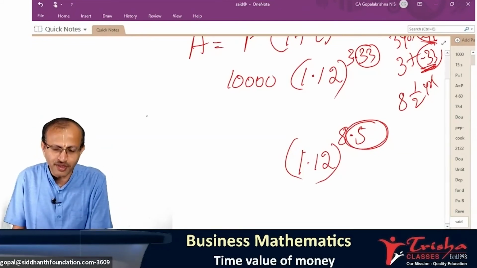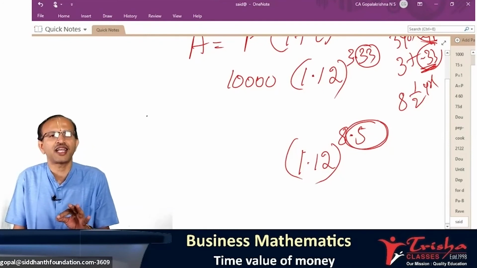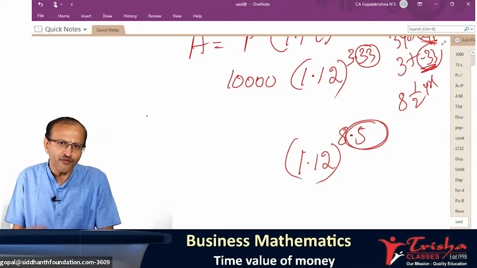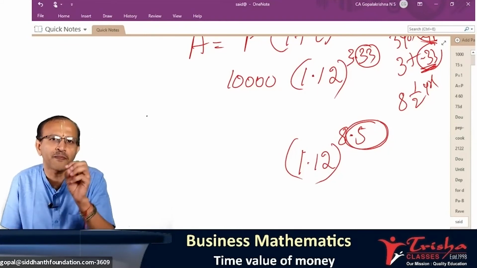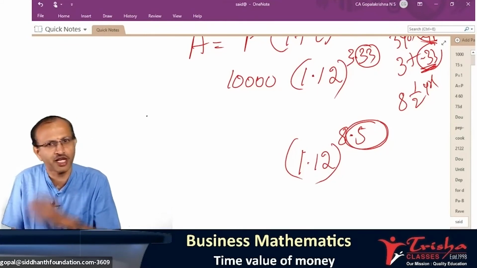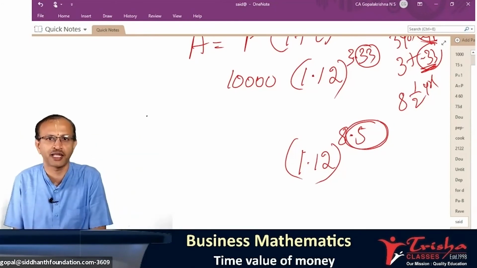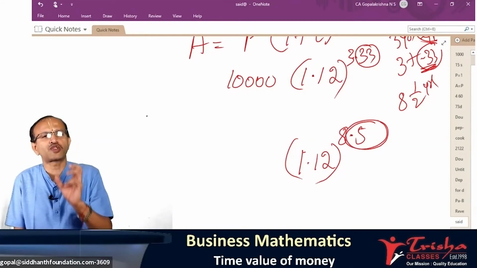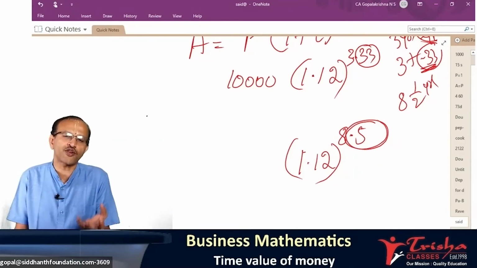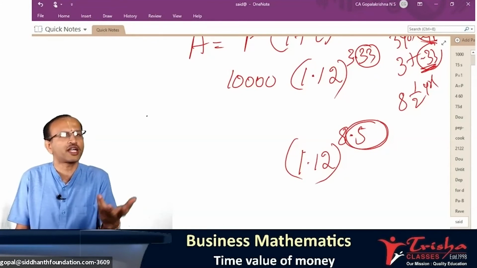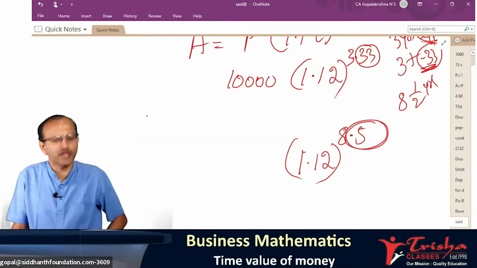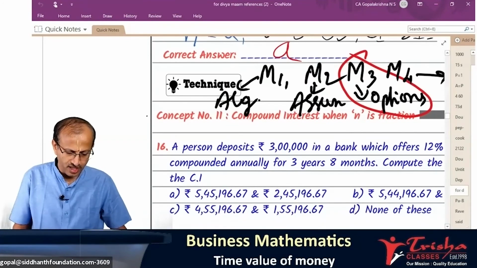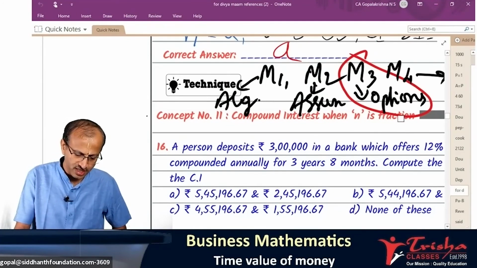Excellent. The problem is, if n is not a full integer, or not a whole number, if it comes as 3.2, 3.5 or 3.8 years, because of that additional months you kept money in the bank, that becomes a challenge. How do you solve such cases? We learned so far 3 years, 4 years, 8 years, 2 years. 3.1 years, 3.2 years, we have not learned. That's where my next discussion is about. Okay. Shall I go further then?